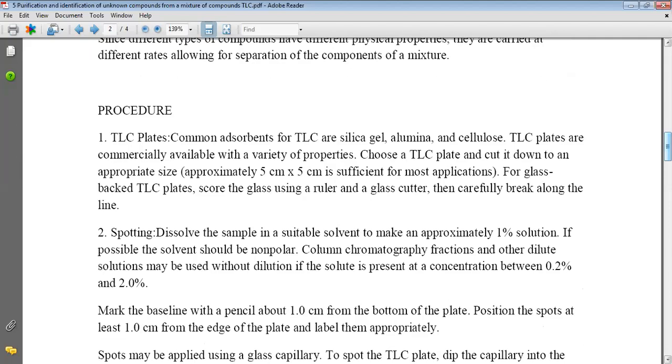Now the procedure for the TLC plates. Common adsorbents for TLC are silica gel, alumina, and cellulose. TLC plates are commercially available with a variety of properties. For spotting, dissolve the sample in a suitable solvent to make an appropriate 1% solution. We have to make a 1% solution and dilute it, keeping the concentration between 0.2 to